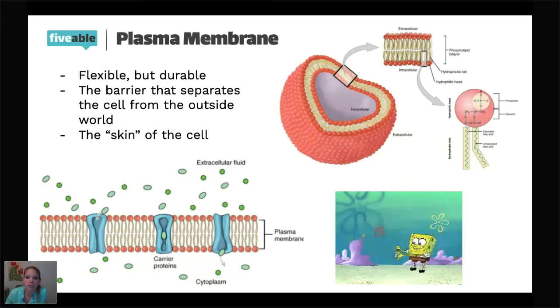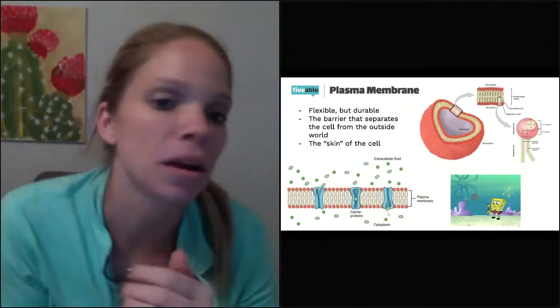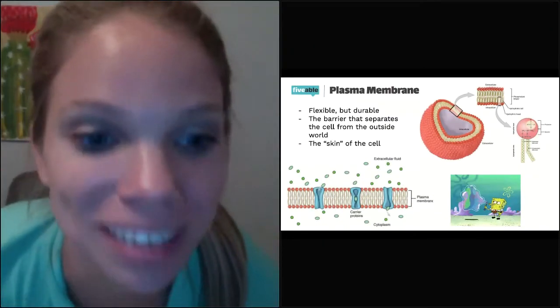So these things are held together by very weak attractive forces, hydrogen bonds, and that's going to let them slide to the left, slide to the right. That's what they do. And that's what makes your phospholipids flexible, because if I have some skin, here's my arm. Here, I'm going to make this big so you can see my arm. Or here, better yet, here's my face.